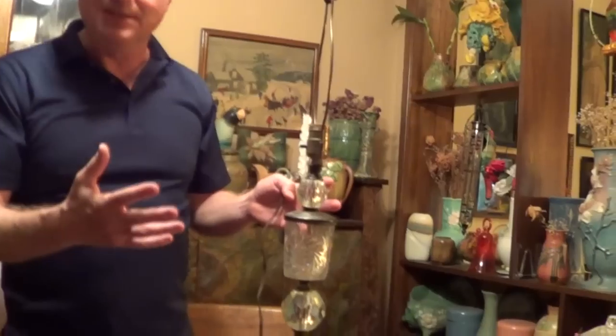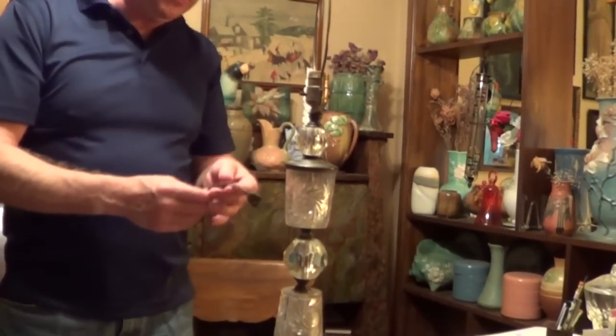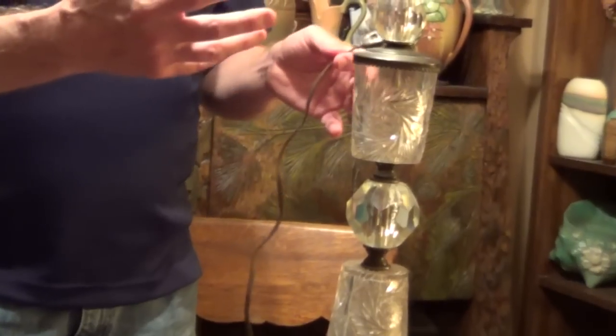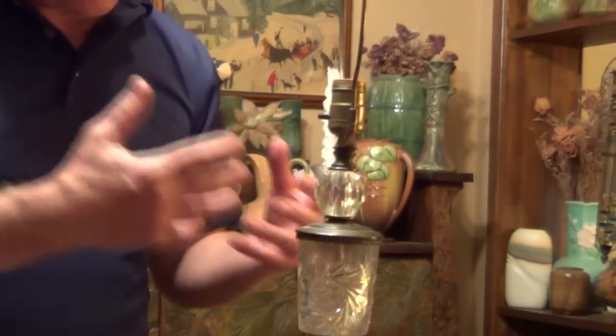I'm going to go over the steps on how to change a socket and a cord on an old lamp. My mom was an antique dealer for years, and so she has quite a few of these old lamps. But you can see, on this one, the wires are actually starting to come out of the old plug. And so just for safety, I'm going to take a few of these old lamps and replace the cords and